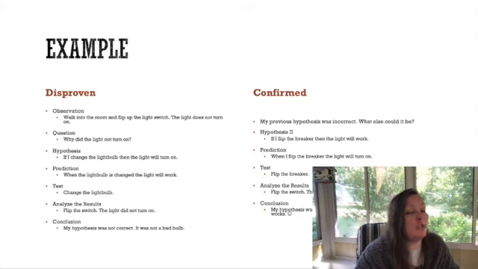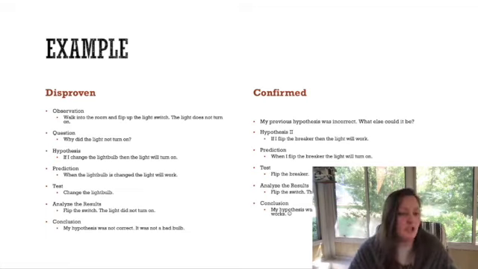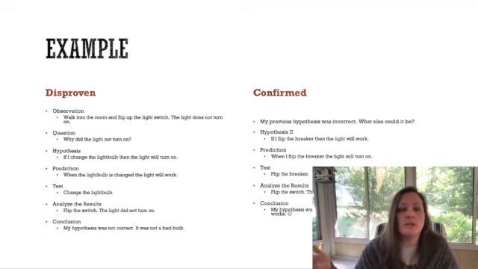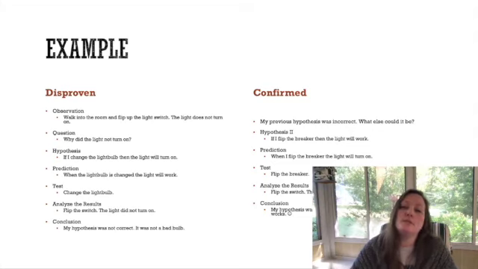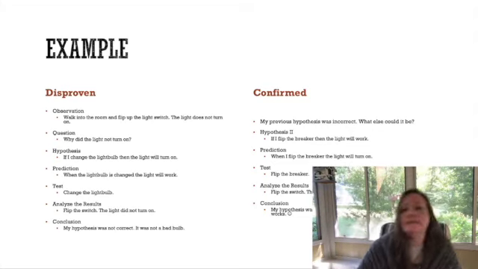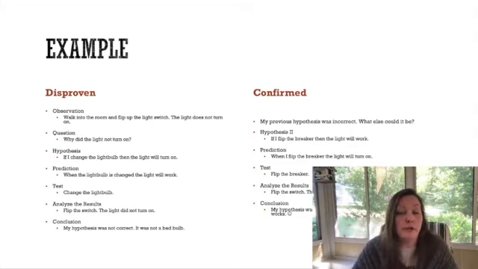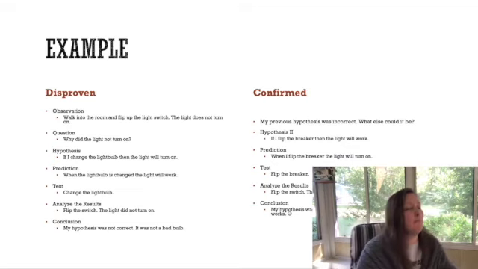Hypothesis, if I change the light bulb, then the light will turn on. That is the if-then statement. Or you can just say your hypothesis is the light bulb is blown. Prediction, if I change the light bulb, light's going to work. Test, I change the light bulb. Analyze the results. I flip the light switch, the light did not turn on. Conclusion, my hypothesis